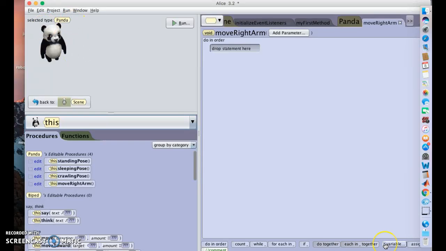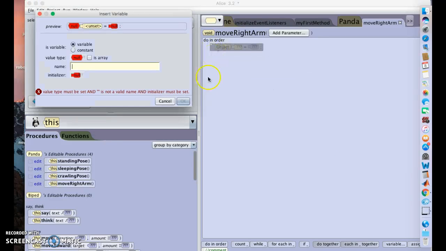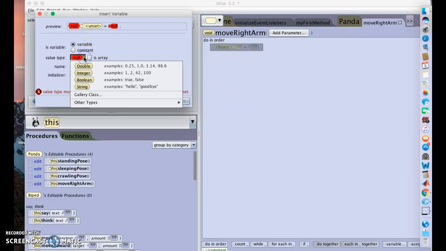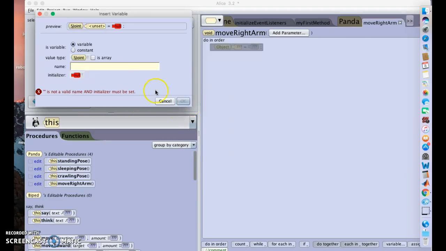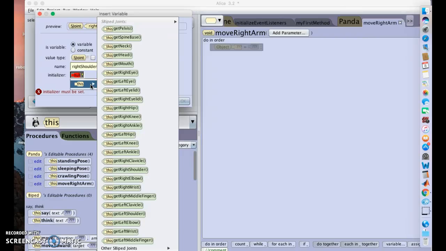And what I would do with this then is I would go like this and make a variable. Like I got to get his arm basically in a variable. Okay, so I can deal with it. So what happens here is that his shoulder, for example, is a joint. Okay, so I'll call this like right shoulder. Okay, and then I'm going to set it equal to,